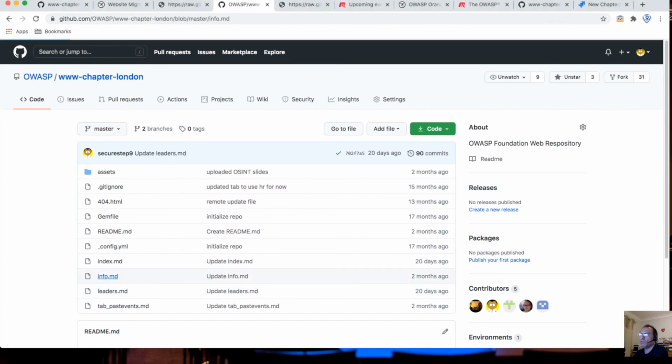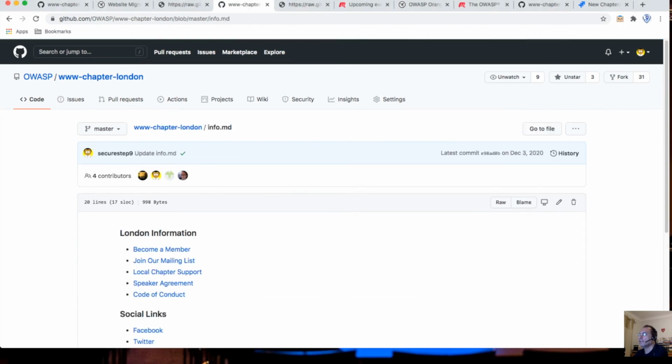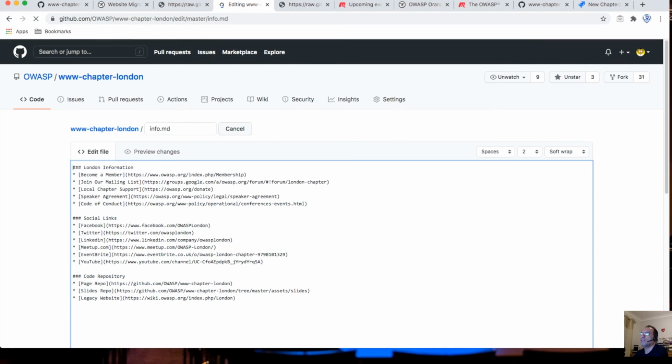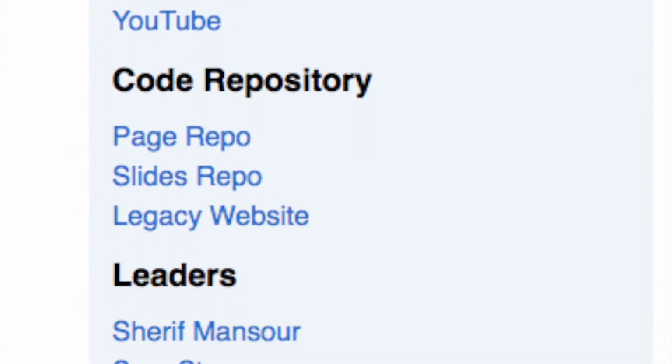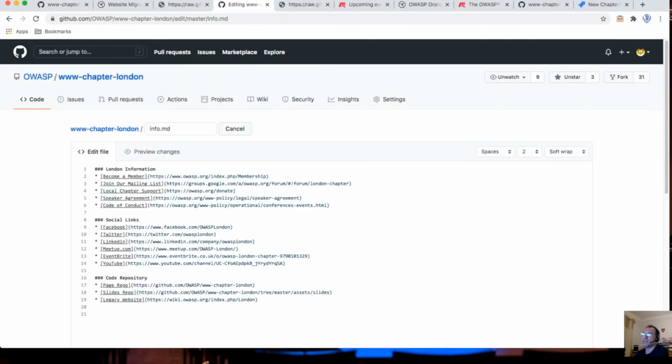The info.md file is your right-hand side area of the site. Let me show you what we have in OWASP London, to see if you could use or reuse some of our ideas. Here we have a link to the membership, a link to our mailing list, and a link to the donation page, speaker agreement, and code of conduct.